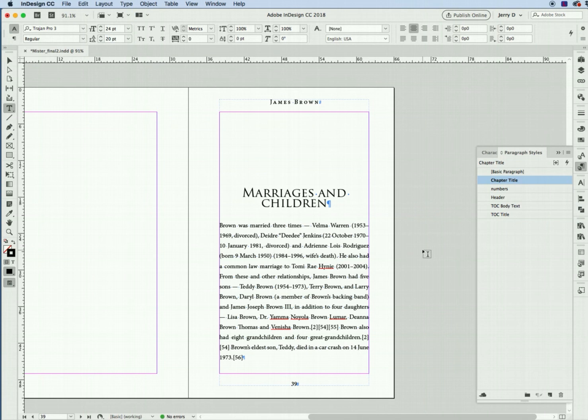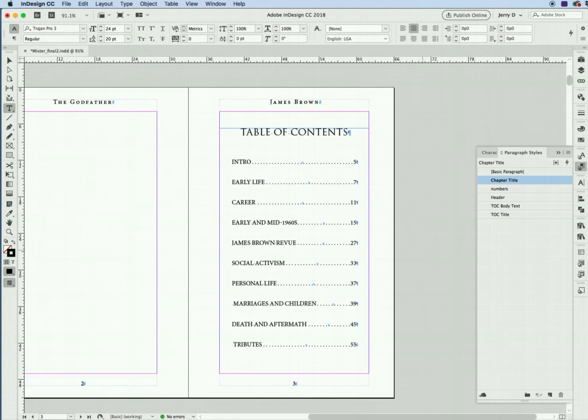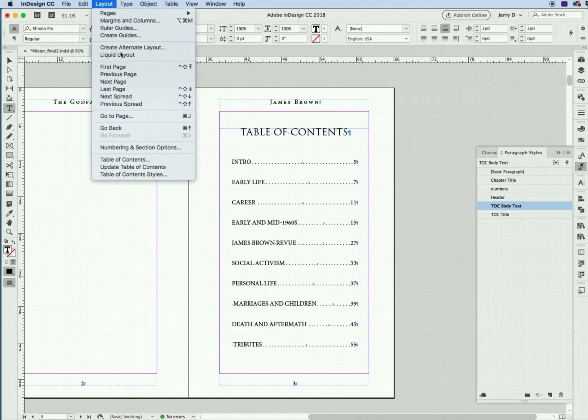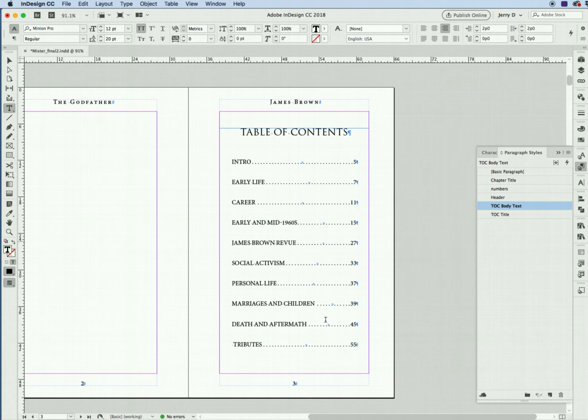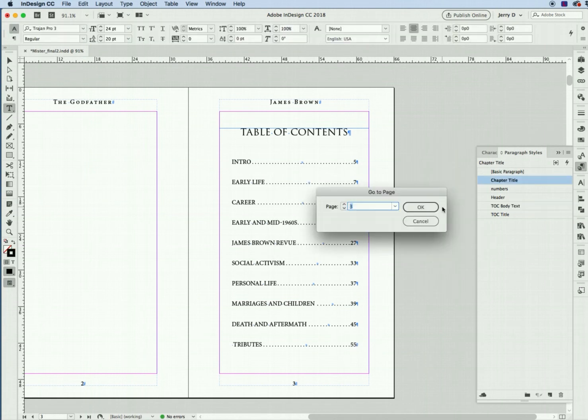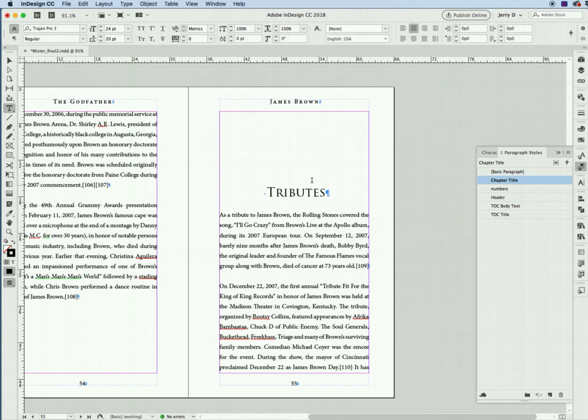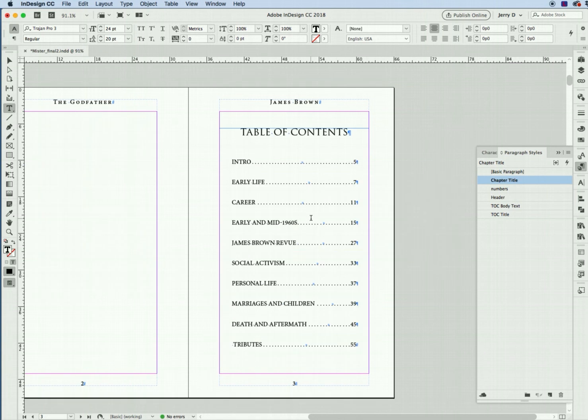All right, and then when we go back to our table of contents, we're going to put our cursor anywhere. It doesn't make a difference. And we're going to go to Layout. We're going to drop down to Update Table of Contents, and boom, it's gone. So we're going to do that again on Tributes, which is page 55. So we go down to page 55, and there it is right there. And we're going to put that in there. And then we're going to go back to our table of contents, put our cursor in there. All you have to do is put your cursor in there, and then you can say update, and boom,